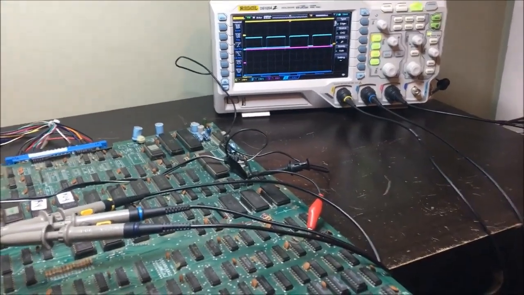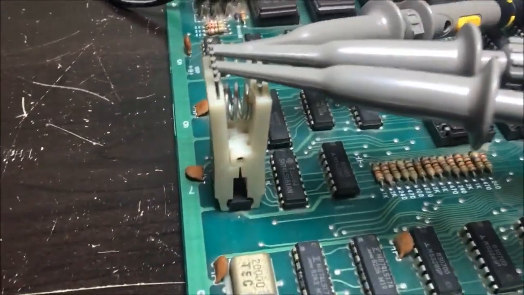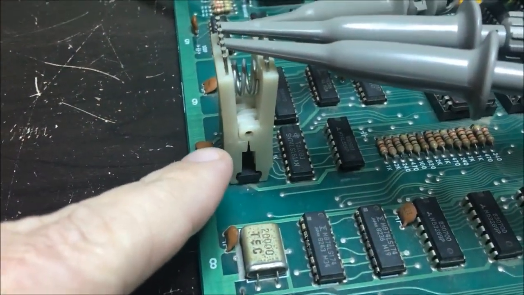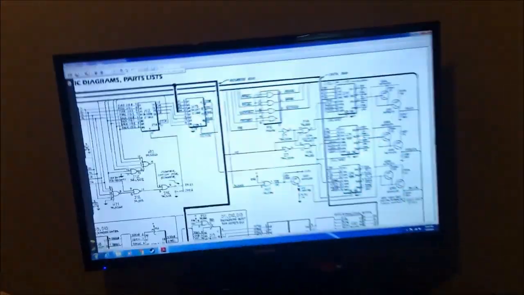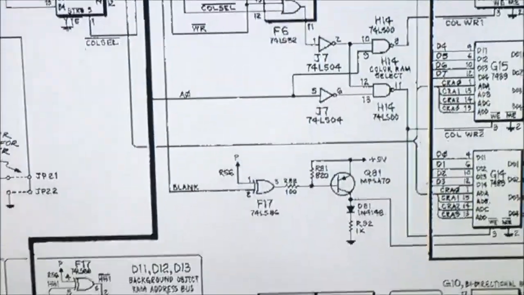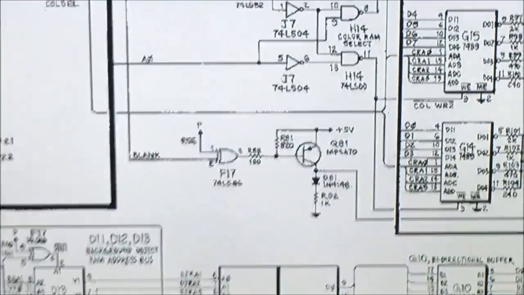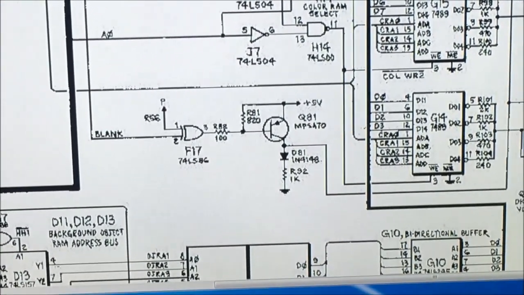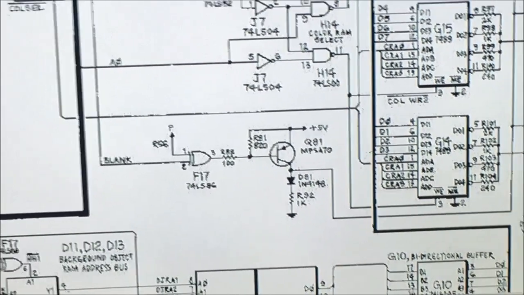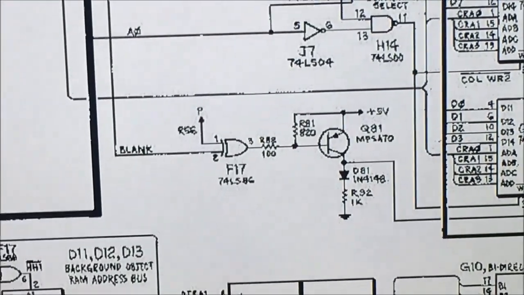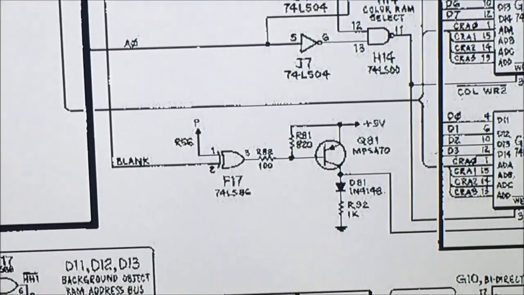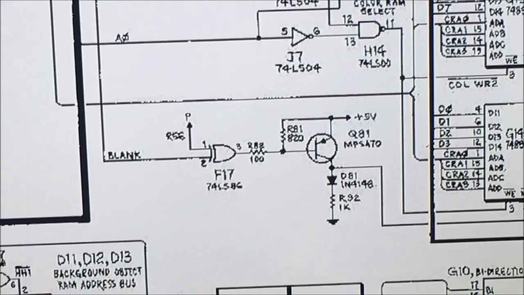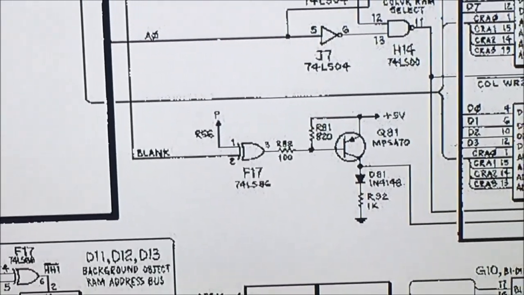Alright, well, I'm back here at the Qbert. I'm probing an LS86. I want to show you the schematic. This is the Qbert schematic, so I had to manually trace all this back on this board, and it is quite amazing. This board appears to be a straight clone of the Qbert schematics. This LS86 in the center of the screen is what I'm probing,